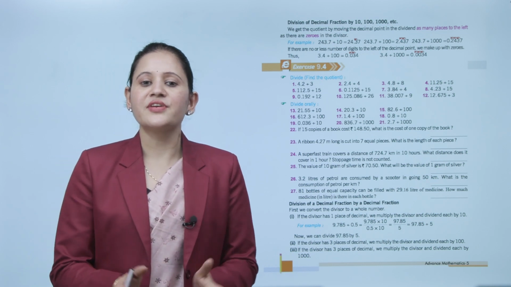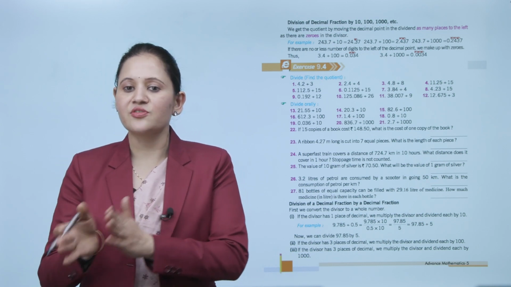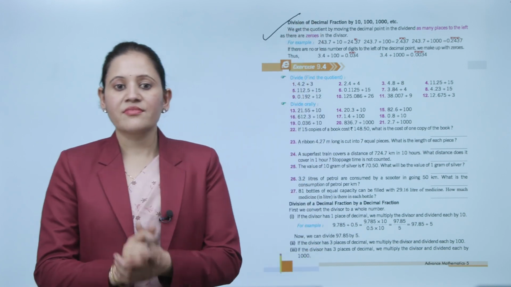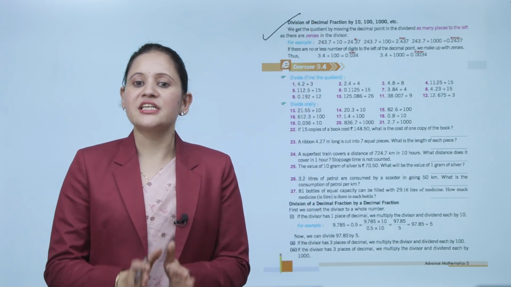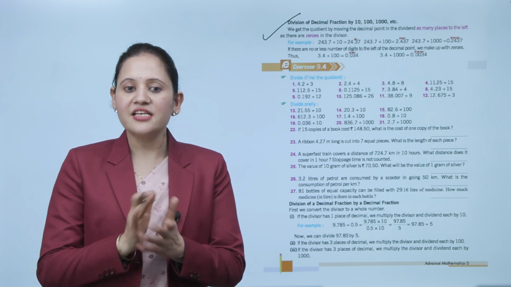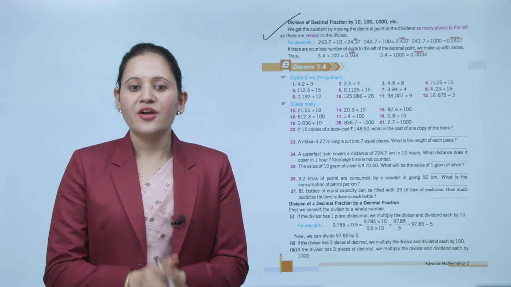Next is division of decimal fractions by 10, 100, 1000, etc. We get the quotient by moving the decimal point in the dividend as many places to the left as there are zeros in the divisor. For example,